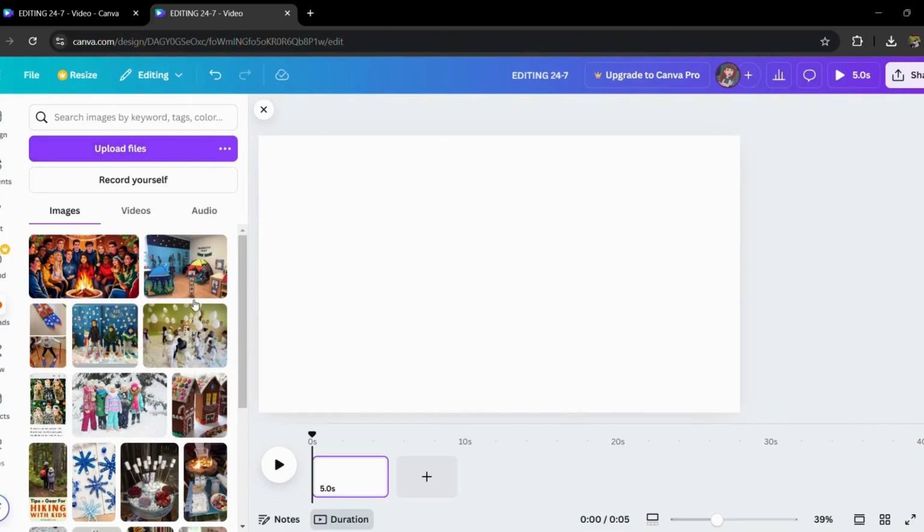I've already uploaded these photos before, so I'm going to show you how to upload it. There is this highlighted option that says upload files. You simply tap in there and it will direct you to the files from your laptop, your computer, and you can simply add any of the files, like simply tap on this and